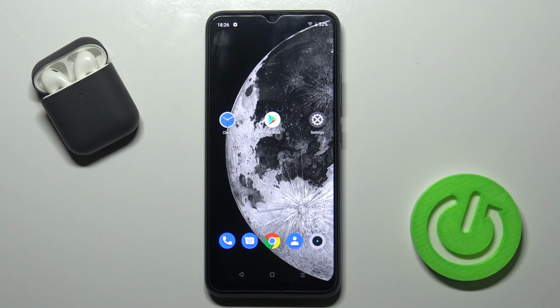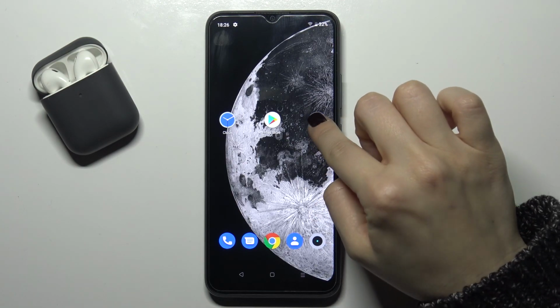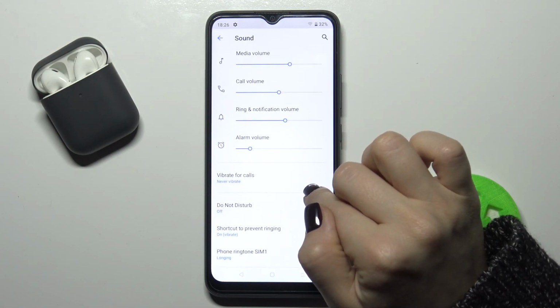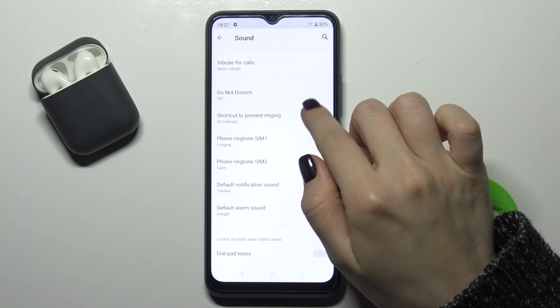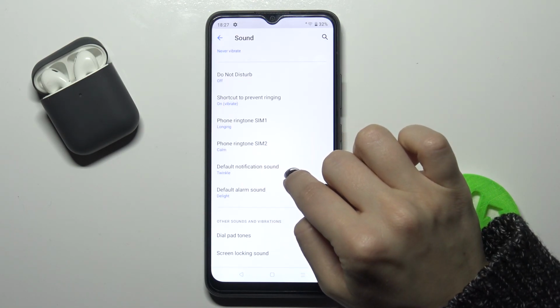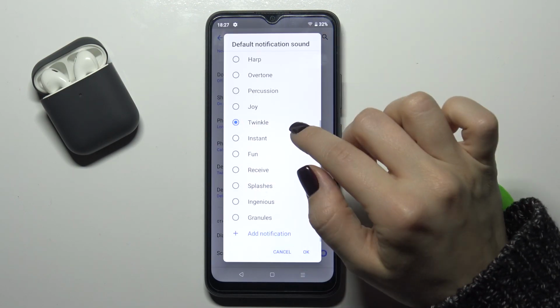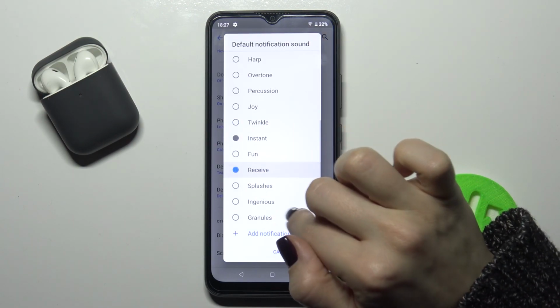Welcome, today I'm with Realme C11 2021 and I'll show you how to change notification sound on this device. So first of all, just go to settings and here find the sound, tap on that, scroll down with your finger and right there you will find the default notification sound, tap on that and you can, for example, change